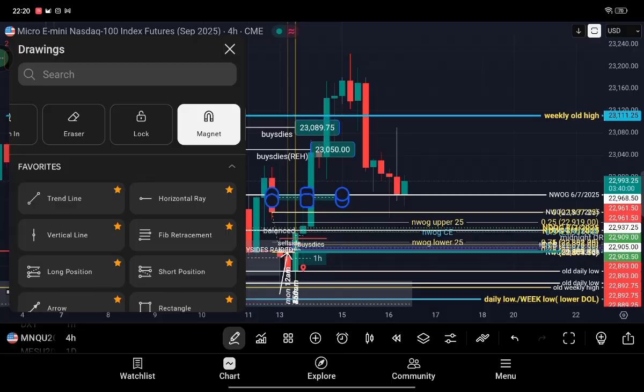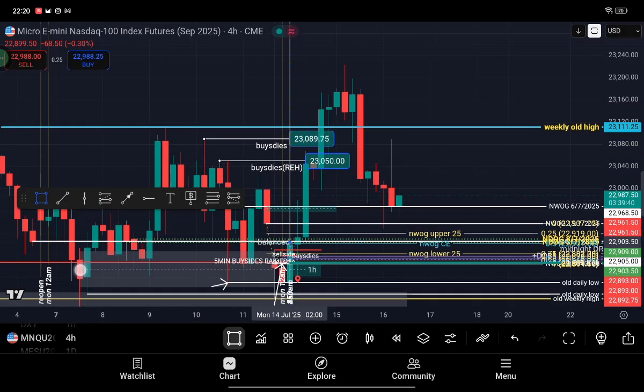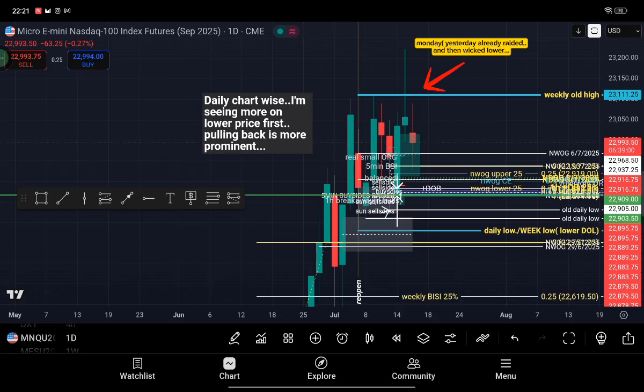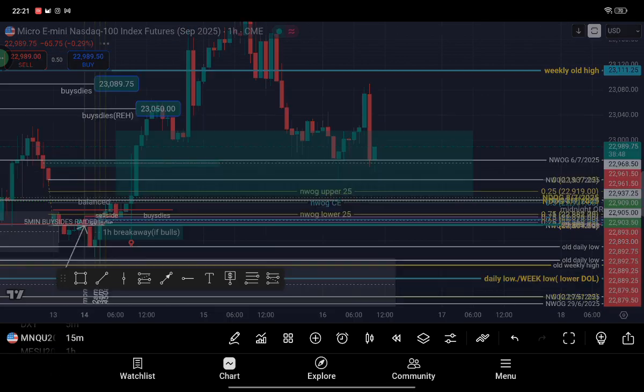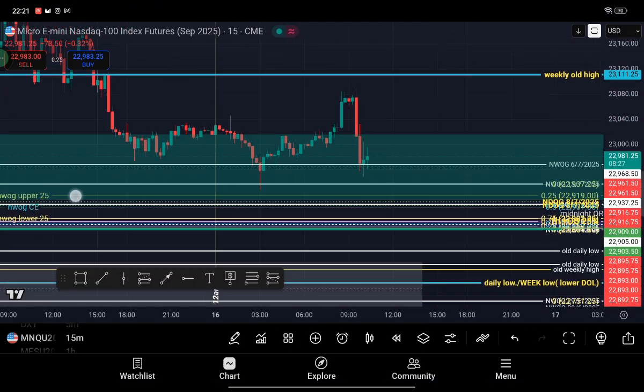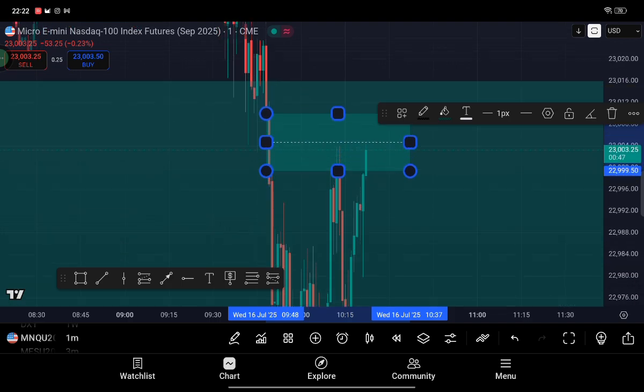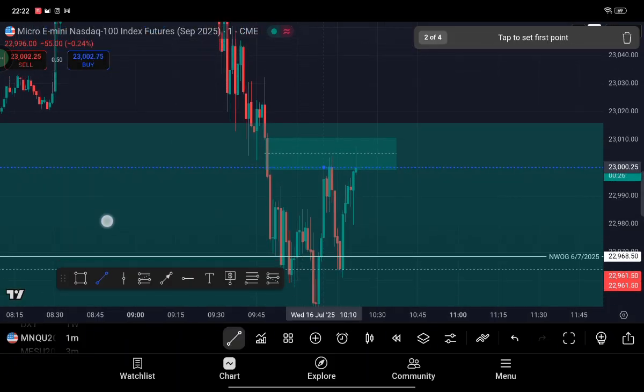Okay, so first off, I'm seeing for lower price, we had CPI at 8:30 a.m. today. Okay, so right here, looking at the daily chart, we have really raided that weekly old high. So I'm thinking, okay, we can retrace down lower. Okay, but right here, the 15-minute chart, you can see I have the sell sides, but also I draw out